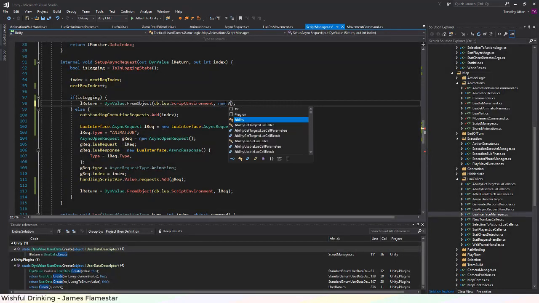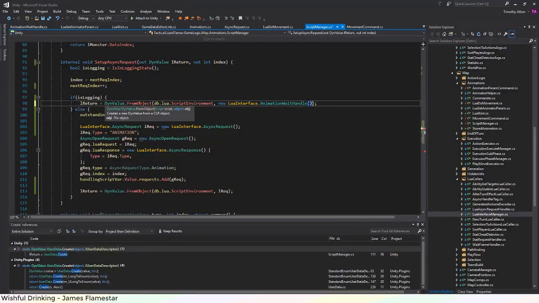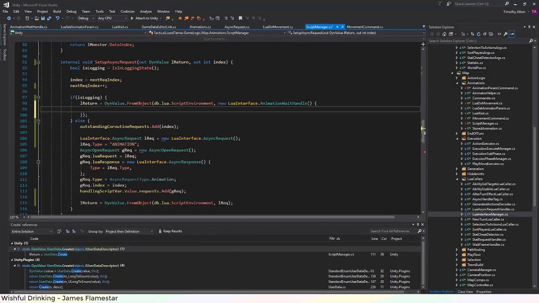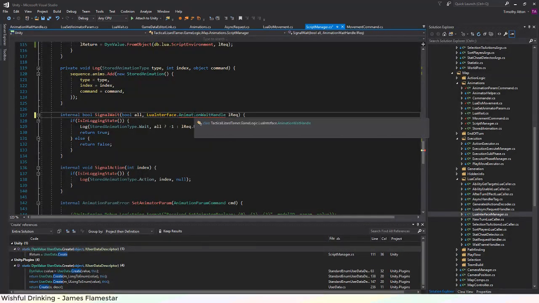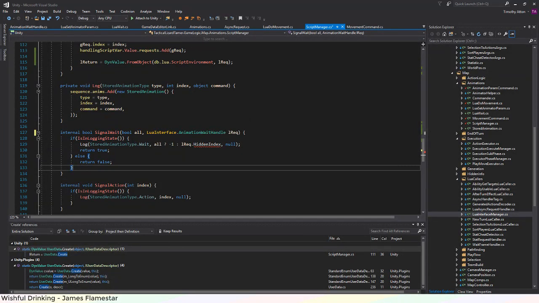This will be new animation weight handle. Oh yeah, I guess I need to put Lua interface in the front. And the index will just be index. Pretty simple. And so here we won't do that, we'll actually just take a weight handle. Yeah, so if it's not in logging state, this shouldn't ever have been called because this wouldn't even really exist, but